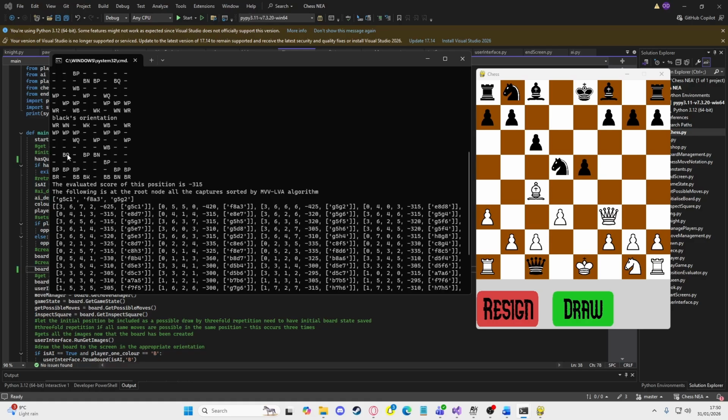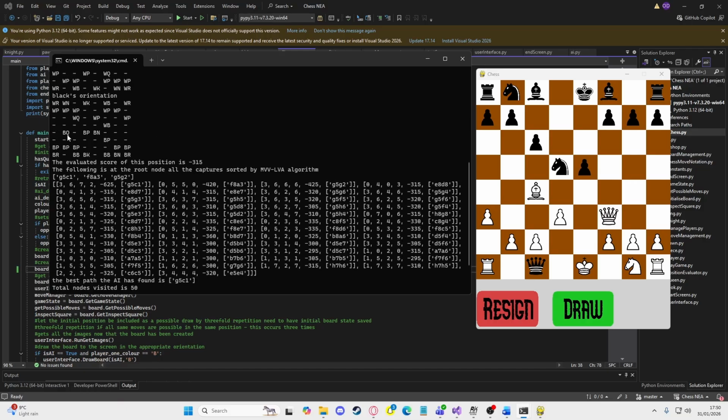We have G5, H6, which is the queen move to here. We have G5, F4, which is the queen move to here. We have G5, E3, which is the queen move to